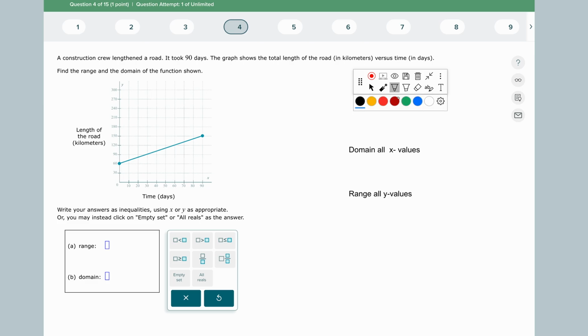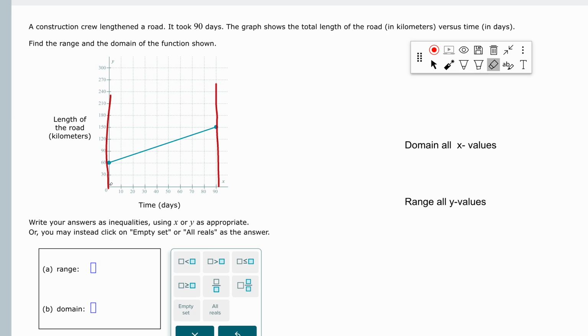All right, so this is domain right here. For domain, I always tell students to look here. This is the X axis right there. So you're always going to pay attention to these numbers right here. Okay? You want to look right here. This is where it starts. This is where it ends. This is the blue graph. So we have a starting point here and an end point here. We're going to pay attention to these numbers because they're on the X. I like to draw the vertical line so I can pay attention to these numbers on the X axis because